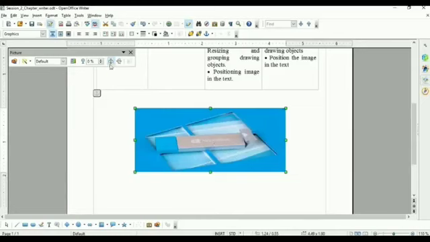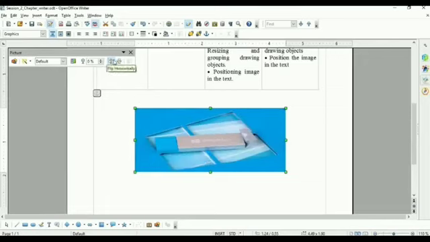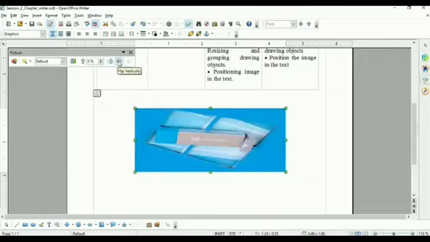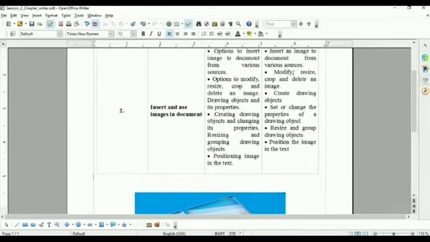Once you click on horizontally, see this. It is available in reverse order. Similarly, once you click on vertically, the picture is converted like this. Flip horizontally or vertically means rotate your picture, nothing else. Now modify, resize, crop and delete an image. These many topics we have covered.